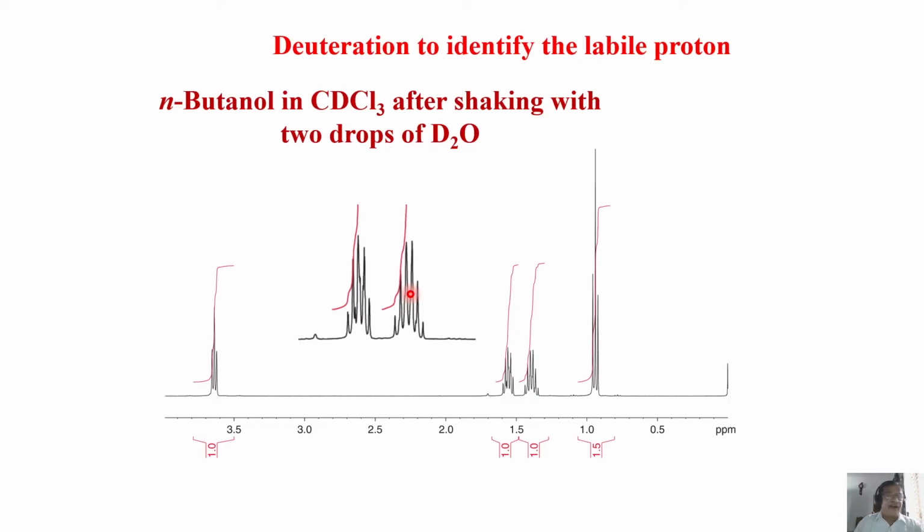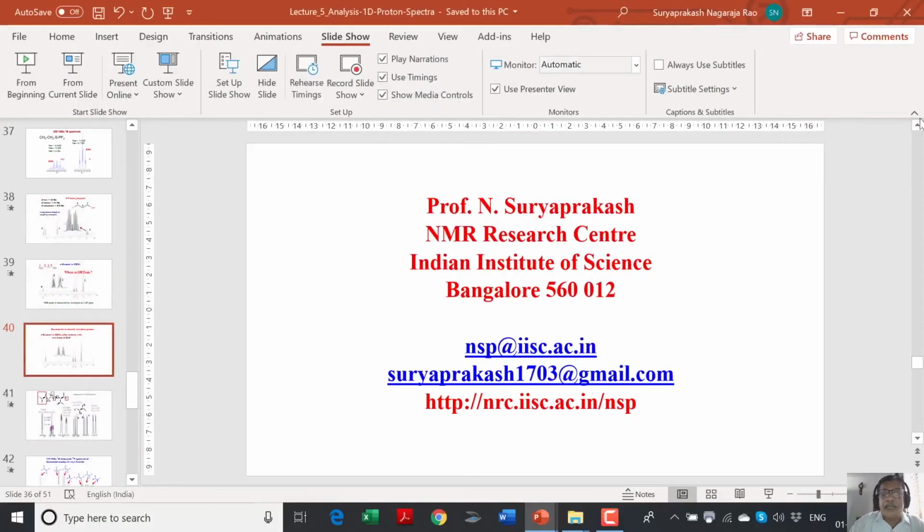And of course, NMR is a big ocean. If you start analyzing a large number of spectra, we can do. Right? This is a reasonably small molecule to small complex molecules I have taken. With bigger molecules, real experts go and start analyzing the spectra of proteins, very big macromolecules also. That comes with a bit of experience. Once you start doing this work, it's a matter of time. In a few months, you will become an expert to analyze even complex molecules. So with that, I will stop the analysis of